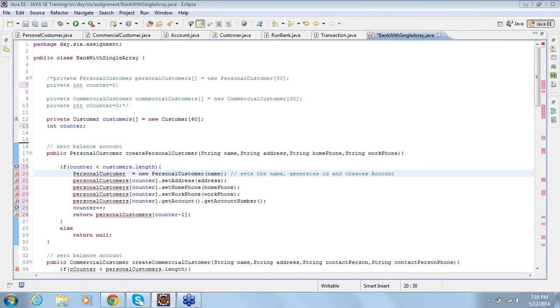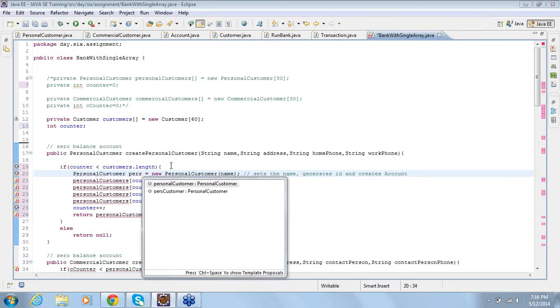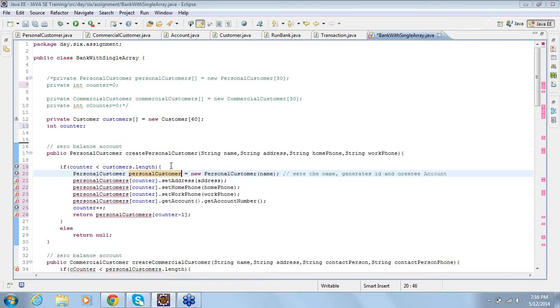Personal customer, I'm creating an object. Personal customer dot set address, personal customer dot set home phone, personal customer dot set work phone, and personal customer dot get account number.